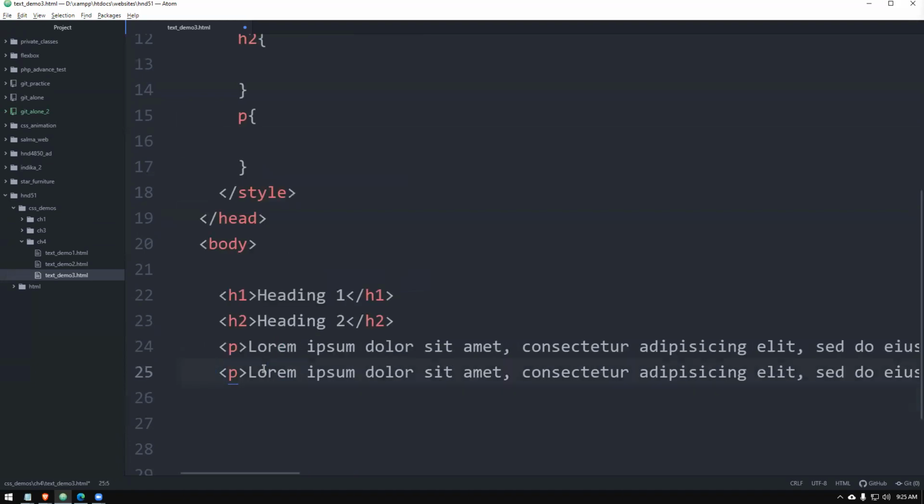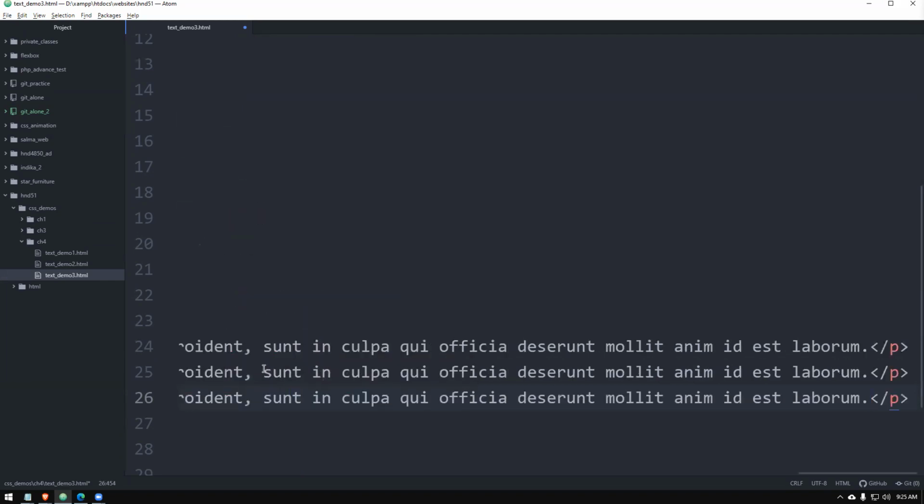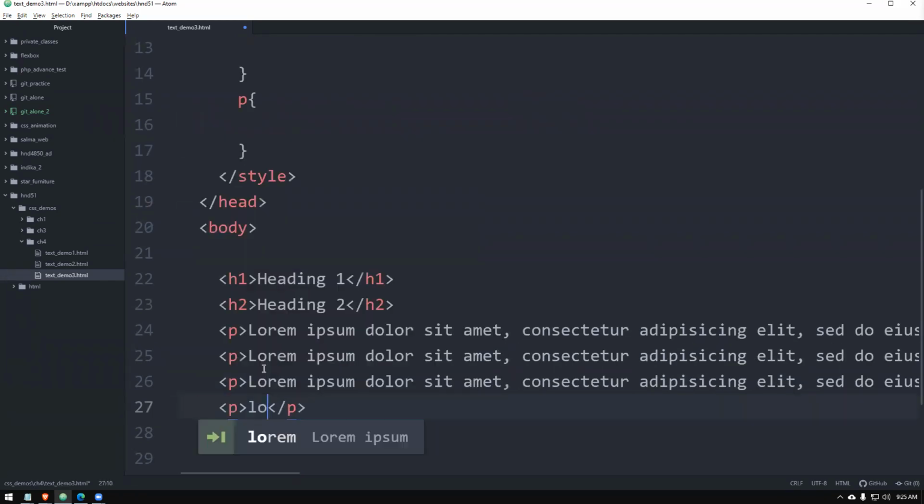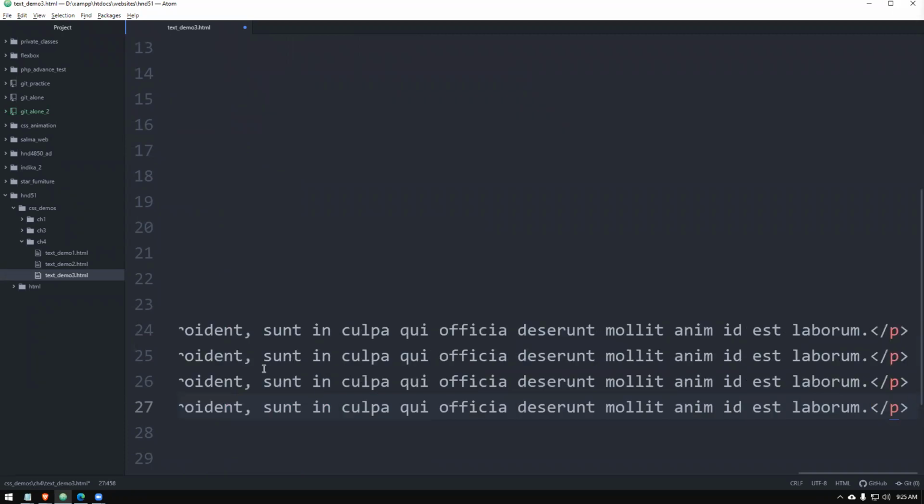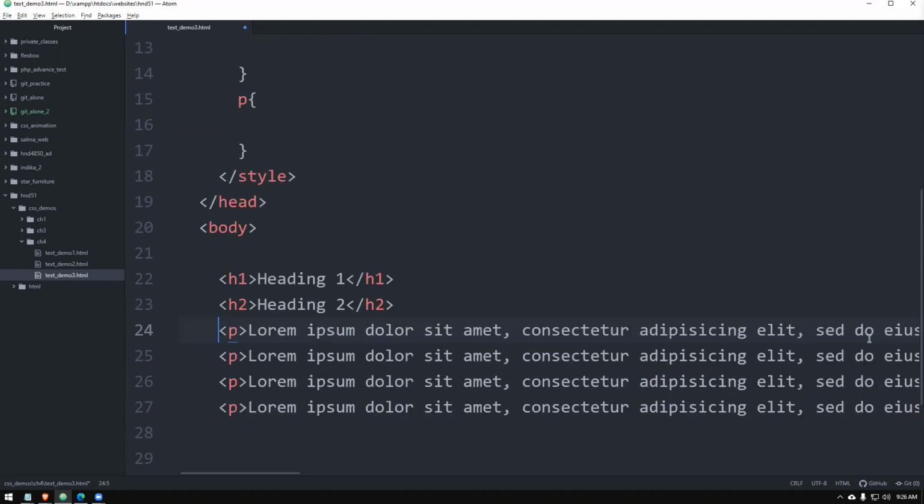And add around 4 paragraphs, and you can add around 4 paragraphs like this. Inside the paragraphs, it's better that you have a little bit more text for practicing, but I can make the width of the web page less to show you how it's working, right? So I have 4 paragraphs. I'm going to use separate formattings for these 4 paragraphs. Okay, right. So let's do it like this.